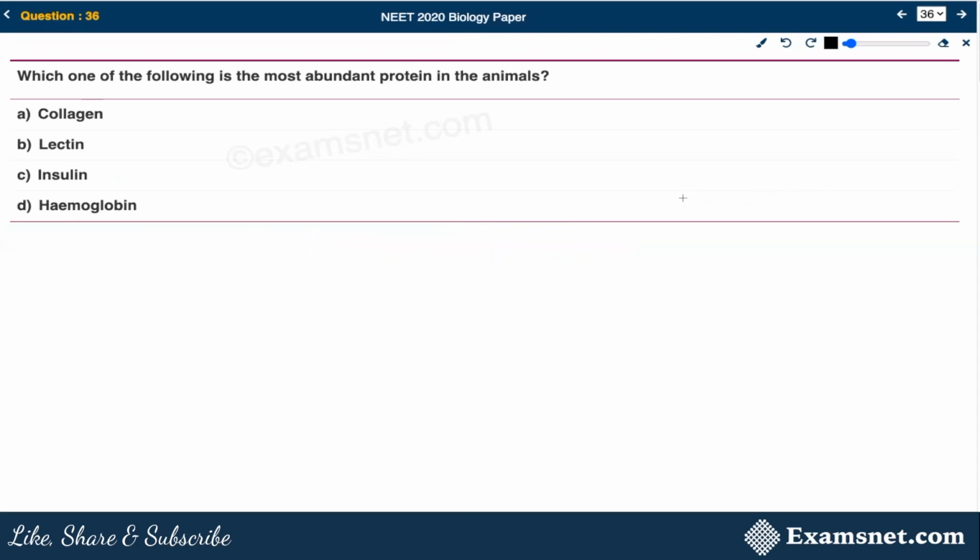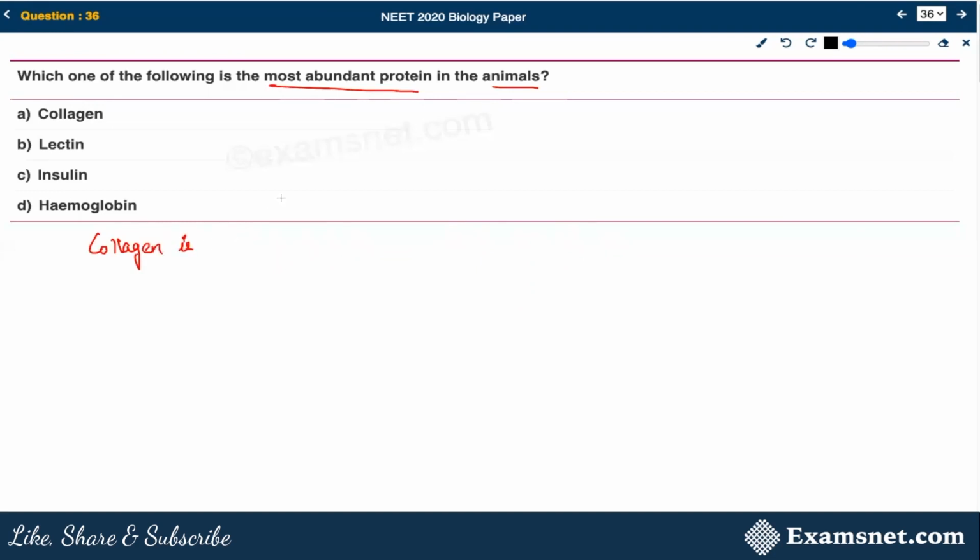So this is a question from your biomolecules chapter. Which one of the following is the most abundant protein in animals? In animals, it is collagen, which is straightforwardly given in your NCERT also, that collagen is the most abundant protein in the animals. So collagen